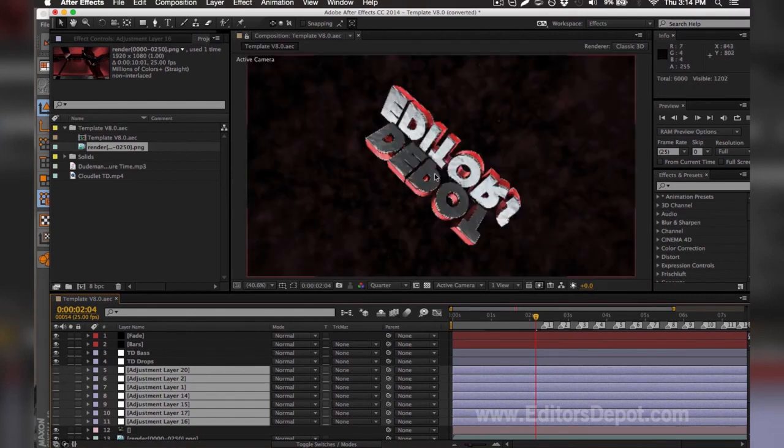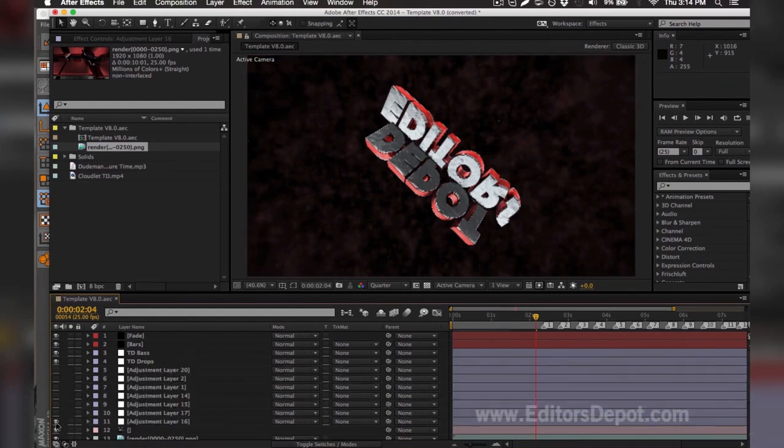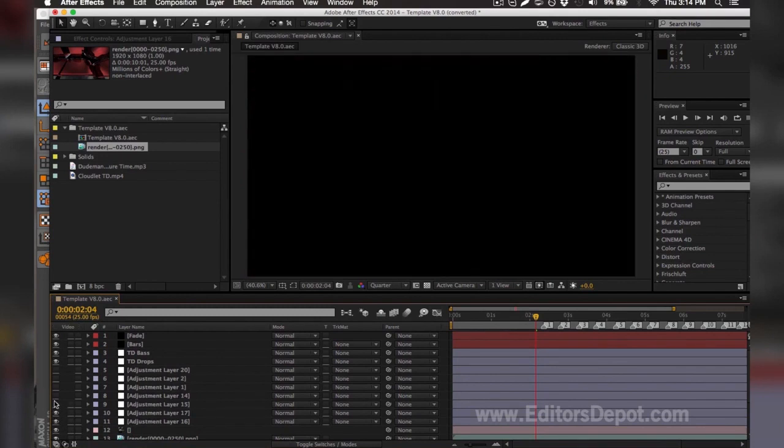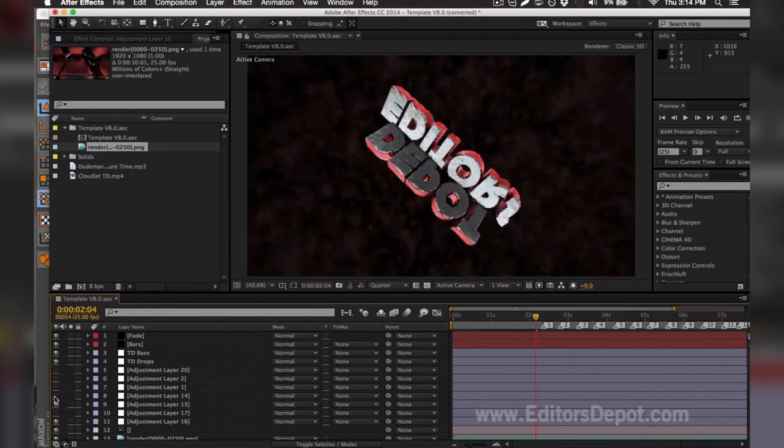As you can see here, all of the adjustment layers, one of them within these messed up the entire render, so I'm going to turn them on one by one. That one's fine, that one's fine. This one's the problem here. So you make sure you turn them back on